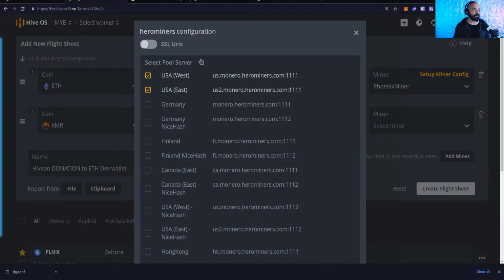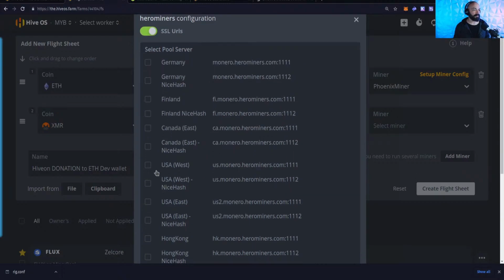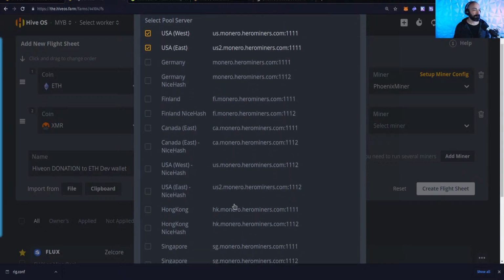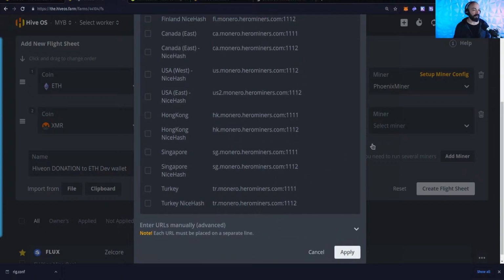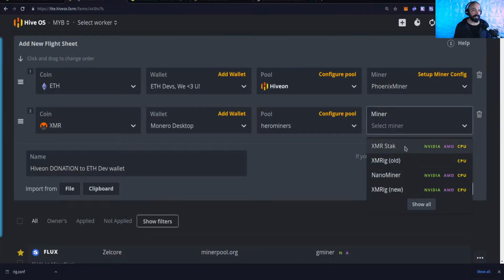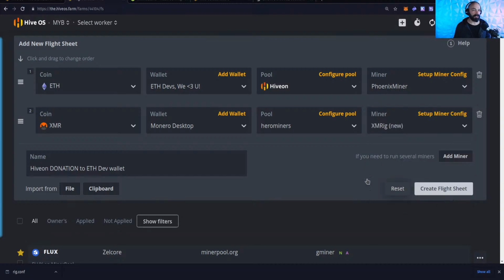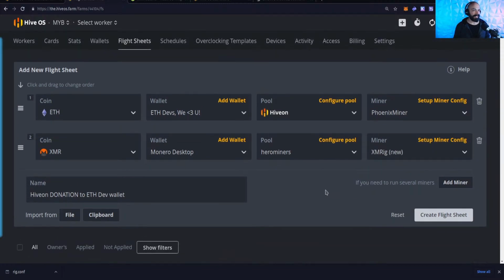And I may want to only have, there we go, SSL URLs. So yeah, I want to keep my connection secure. All right, I'm going to go ahead and apply that. Select something I'm just familiar with. Man, I'm just familiar with XMR Stack, XMRig. I realize the newer one is quite good, so I'm going to set that up there. But now I've got this full flight sheet, and all I have to do is click on